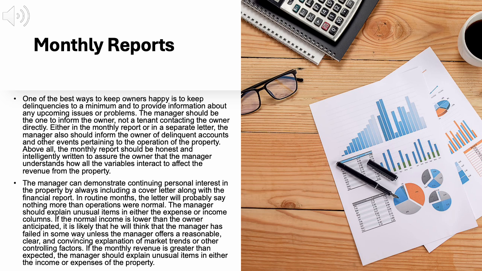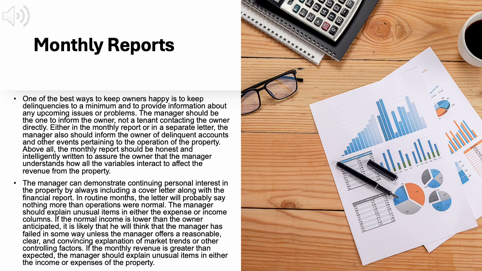The manager can demonstrate continuing personal interest in the property by always including a cover letter along with the financial report. In routine months, the letter will probably say nothing more than operations were normal. The manager should explain unusual items in either the expense or income columns. If the normal income is lower than the owner anticipated, it is likely that he will think that the manager